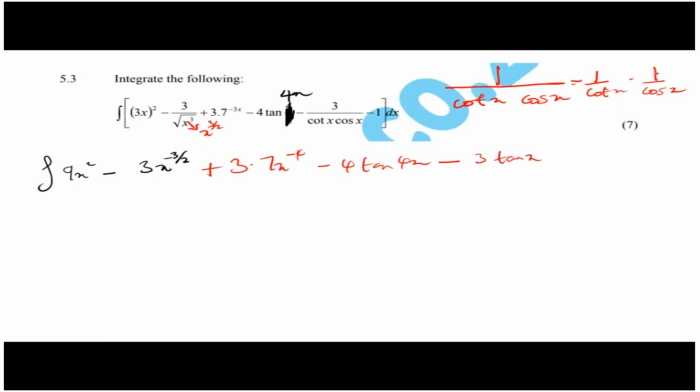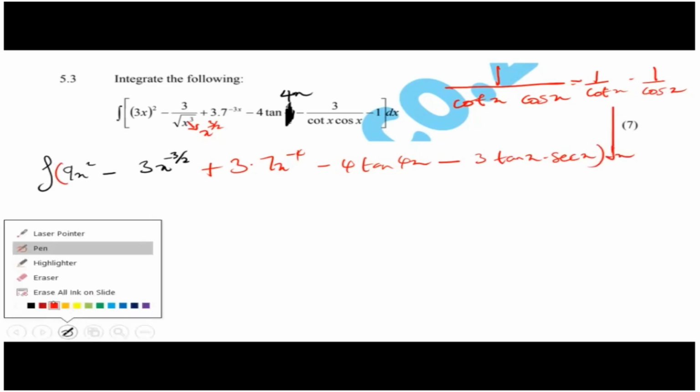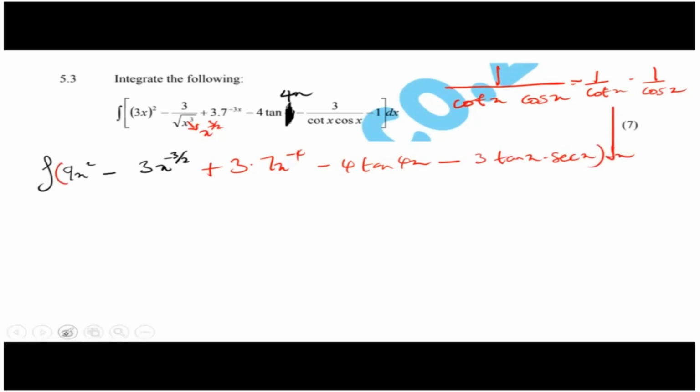Okay, the one is 1 over cos. 1 over cos is what? Sec. So you can integrate it now, because this is the same thing as sec x tan x. And we know the integral of sec x tan x. So let's integrate now. This is equals to